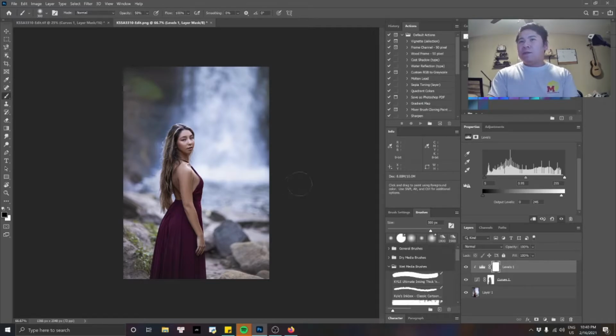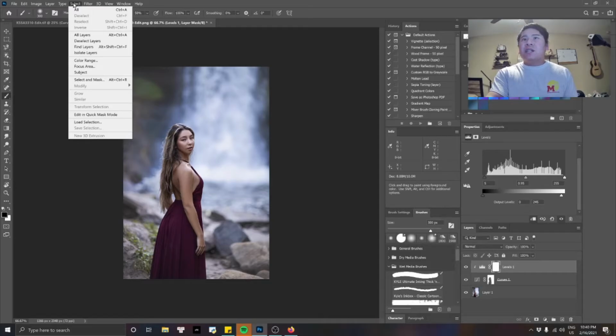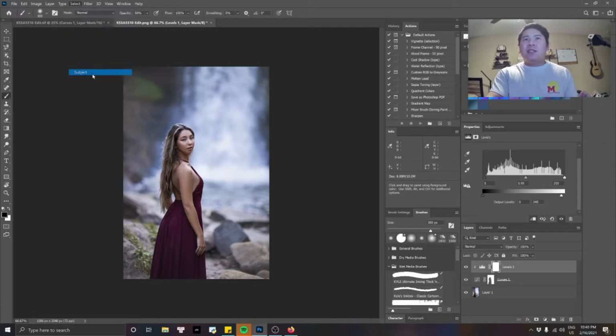But the final step I usually do is using what we call color lookup. Color lookup adds a lot of unique different styles to your photos, and I encourage everyone to play around with that and see what you like. And one thing I always want to do is make a good selection of the background, using what Photoshop offers as select subject. If you go to Select and Select Subject,